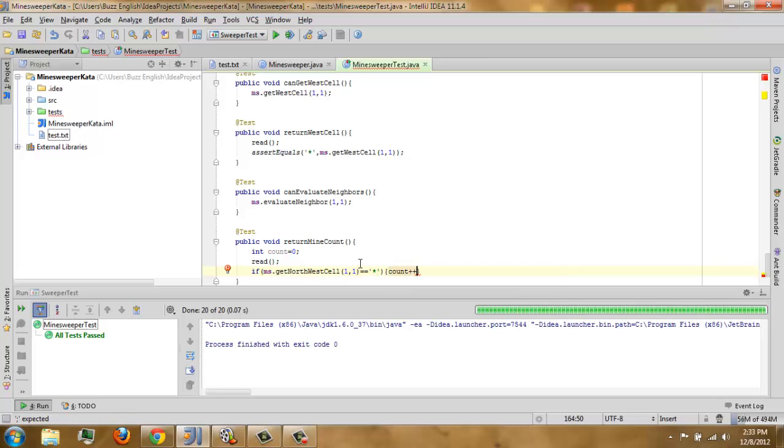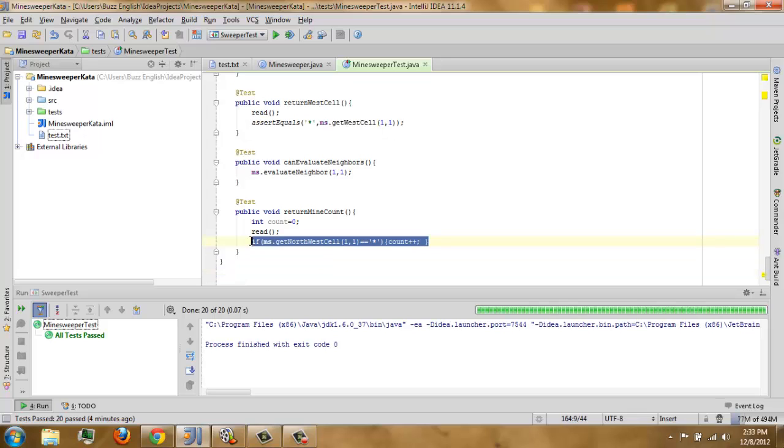Count plus plus. I think you can just copy that. Let's copy. Make 7 copies.